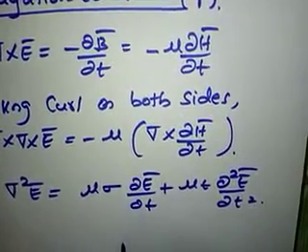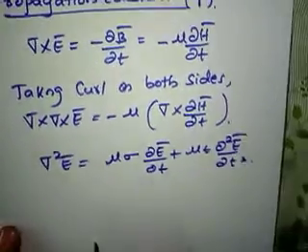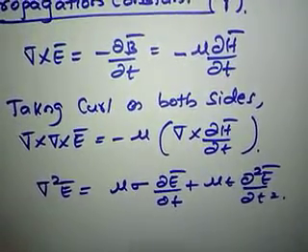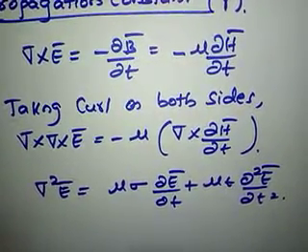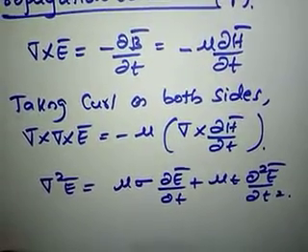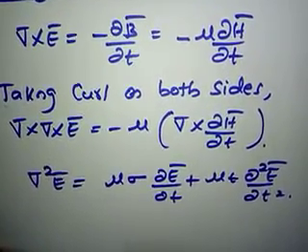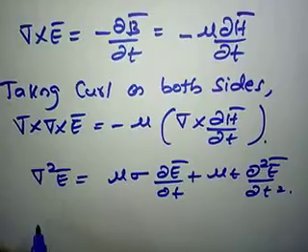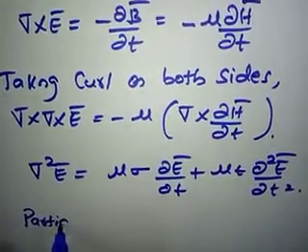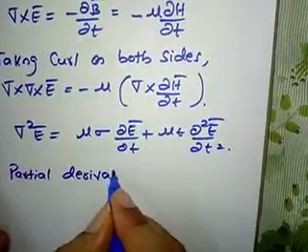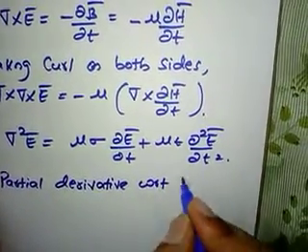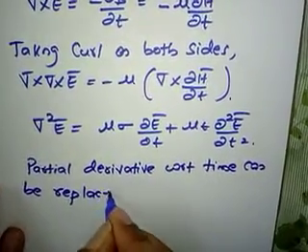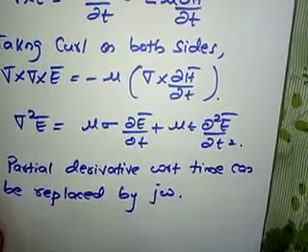In uniform plane waves, both E bar and H bar vary with time, as we have seen in the previous derivation. According to the phasor property, phasors are quantities in which there is a particular phase relationship between each of the quantities. So in the property of the phasors, the partial derivative with respect to time can be replaced by j omega. This is the property of the phasors.